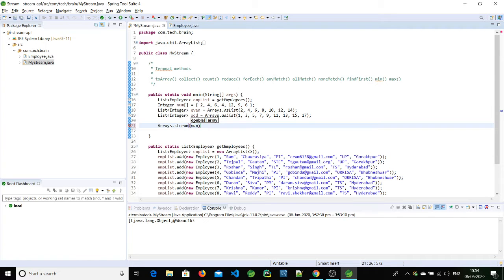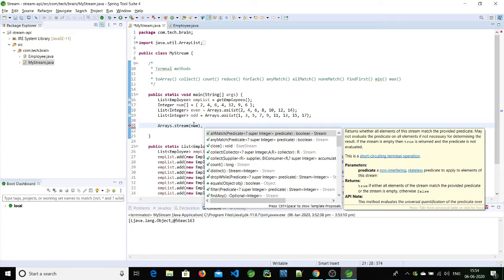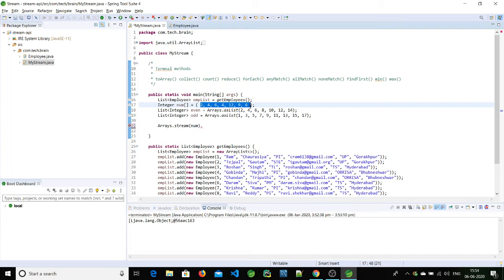The stream is ready for us now, and I want to create a set. We can create a set, a list, or even a map by using this collect method. Let's create a set of these. The advantage of a set is that it will remove all the duplicates. We have some duplicate values, so let's create a set for this.